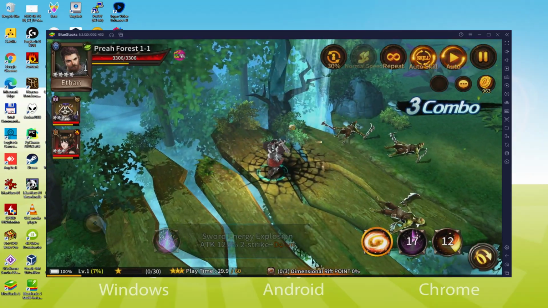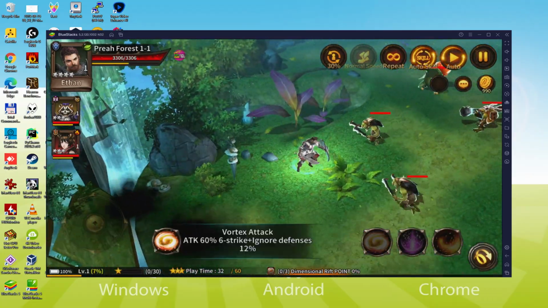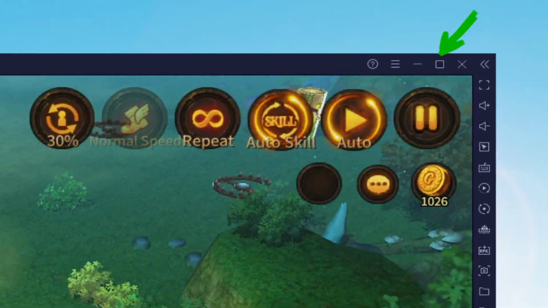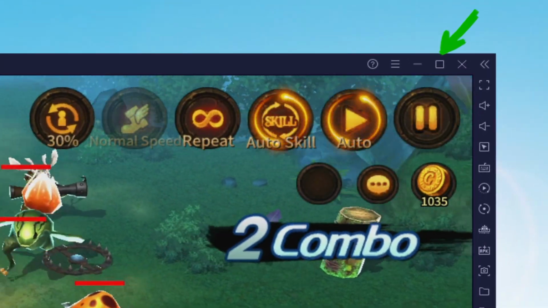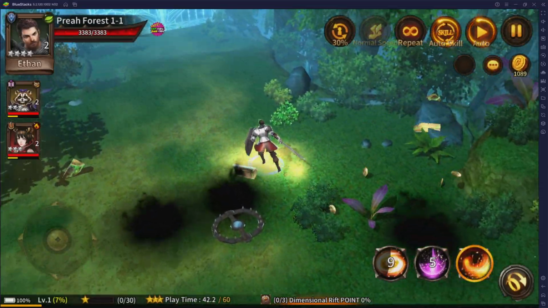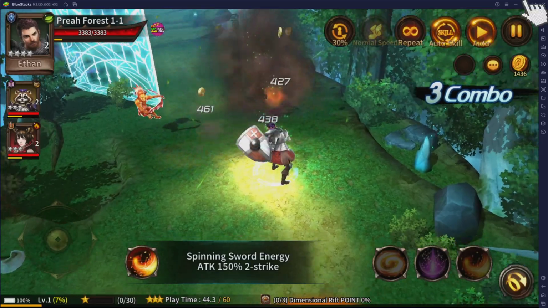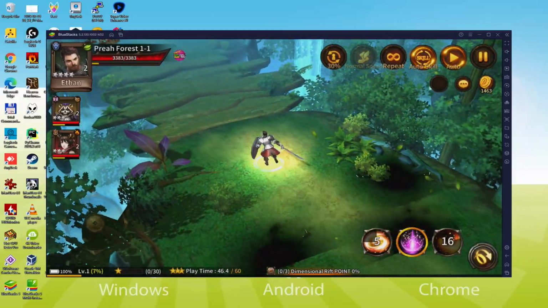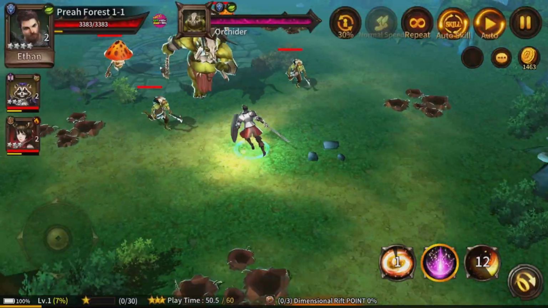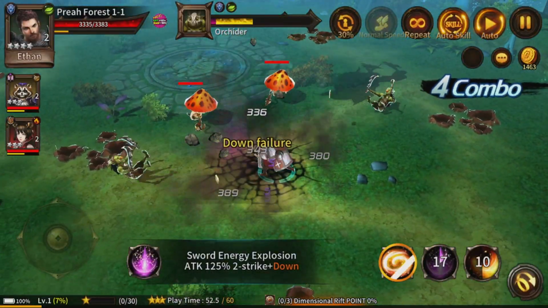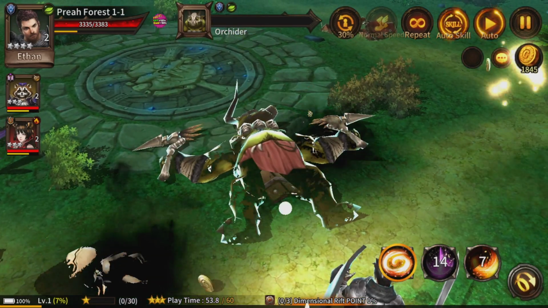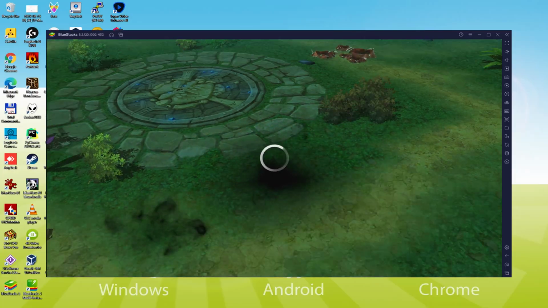As well as to enjoy the experience to the fullest, we will switch on the big screen, for which we have two alternatives. That is the first one. We click on this particular icon that I am pointing out in green. Then the screen is maximized, having one border at the top, one at the right and the third one at the bottom. If we desire to enjoy the application in full screen, we click on this software icon. And we would already be enjoying the game app in full screen mode. To stop the full screen mode, click the F11 key. And we would already play in regular screen mode.